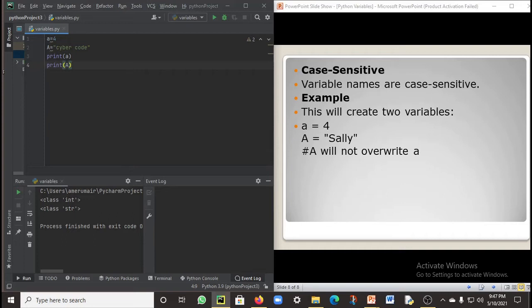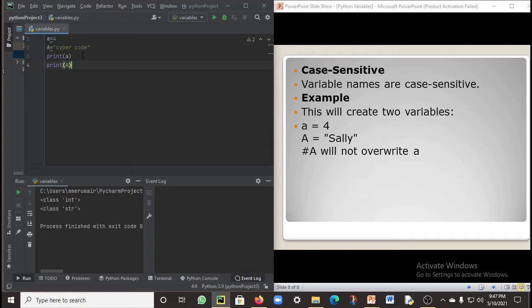As you can see, in the first line small a is equal to 4, and in the second line capital A is equal to cyber code. In the third line I have asked Python to print small a, and in the fourth line to print capital A. Python is going to print 4 and cyber code, because Python is case sensitive.